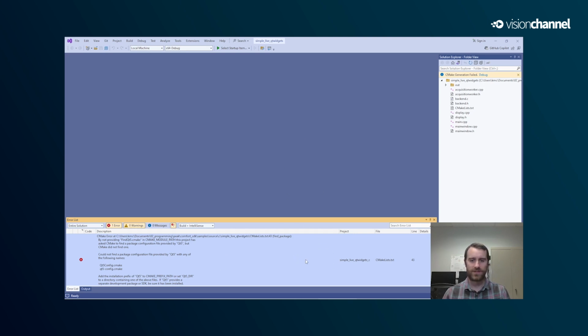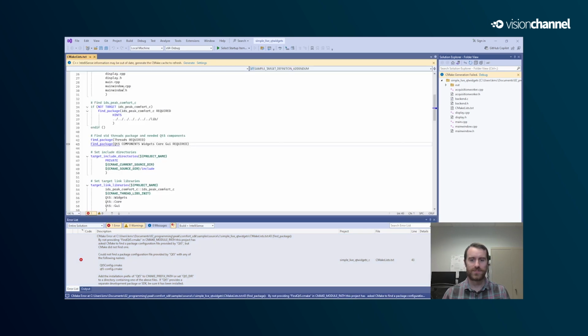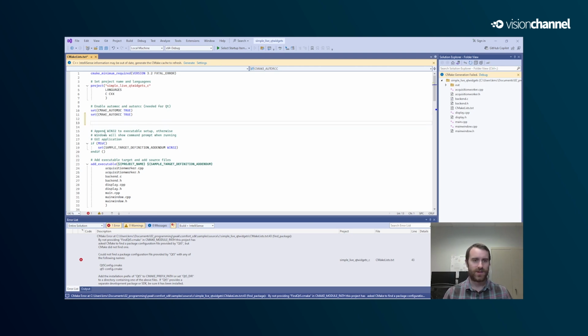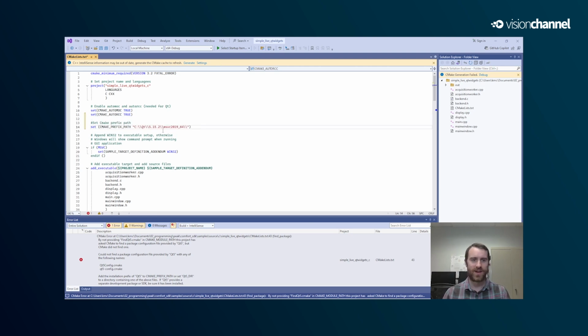We can double click here and we'll open the CMake lists text file and edit it directly. If we scroll up here, I've had success adding it just near the top, and we'll set a CMake prefix path. And this will give a clue where CMake should look for the Qt5 libraries.